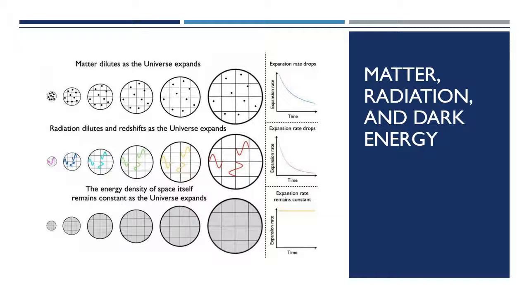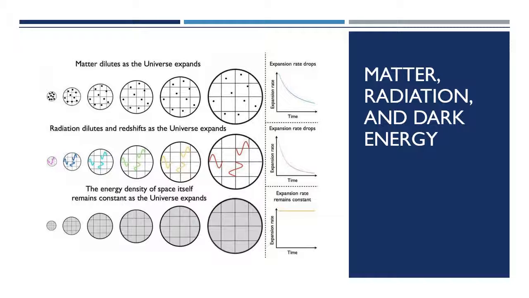But then, here's an example of radiation. Radiation would do the same thing. Here's an example of 3 photons, and then you have those 3 photons spread out over a farther space. But it turns out that radiation has an additional term where the wavelength of the photons is actually getting stretched as well. And so instead of decreasing with inverse volume, it decreases with the inverse radius to the 4th power instead of to the 3rd power.